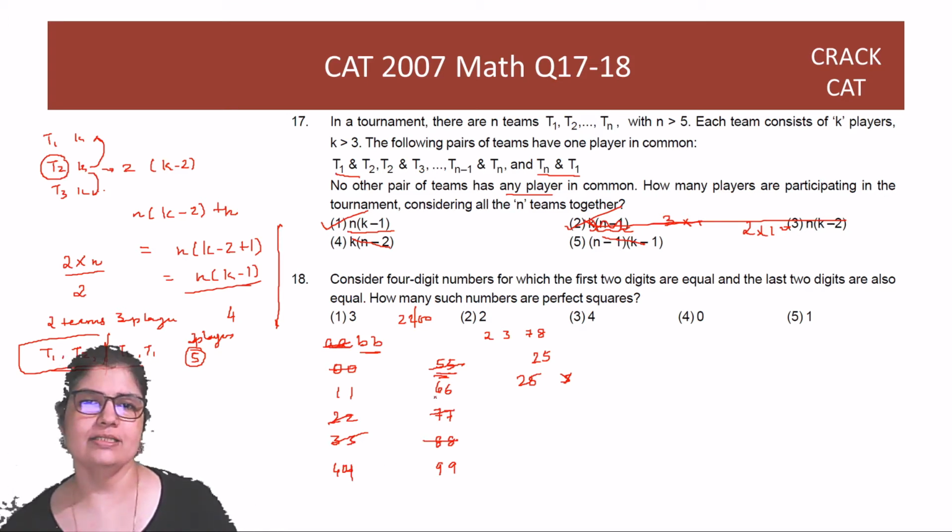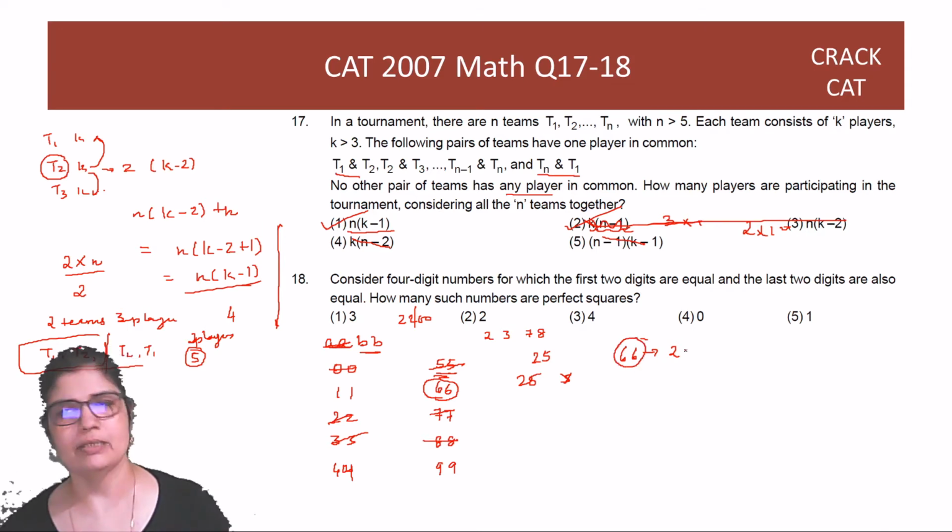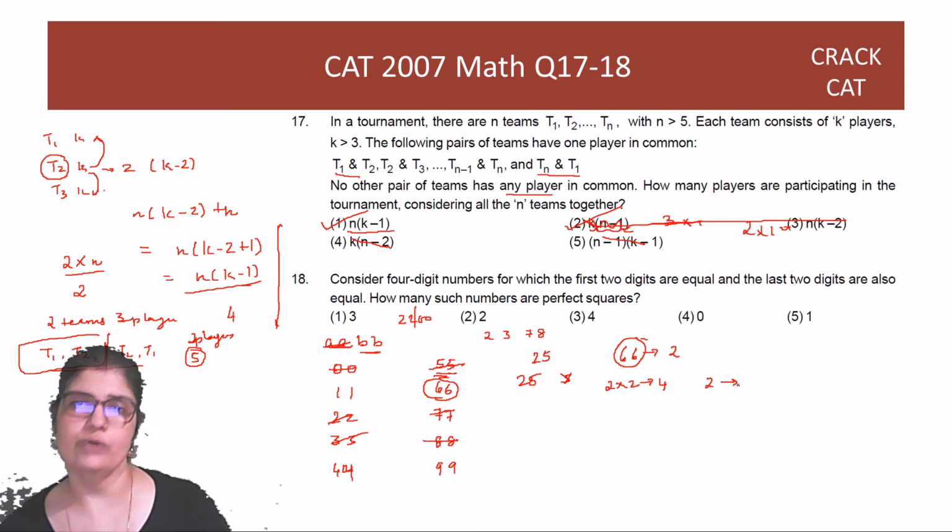Why can't 6 6 be the last two digits? So we know that a number that ends in 66 is only a multiple of 2, right? It cannot be a multiple of 4 because the last two digits determine, so it's only a multiple of 2. तो परफेक्ट स्क्वायर में या तो 2 2s होंगे, so it's a multiple of 4, या 2 होगा ही नहीं तो ऑड होगा, करेक्ट. तो 66 इसलिए नहीं हो सकता.